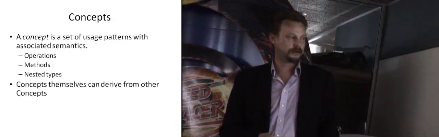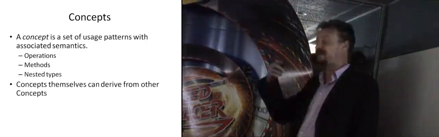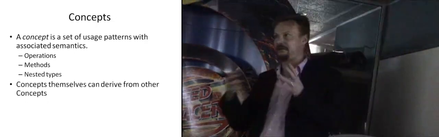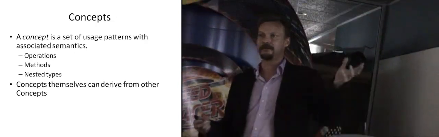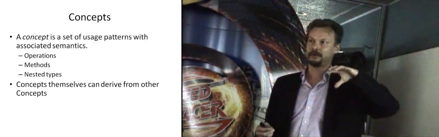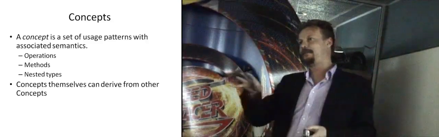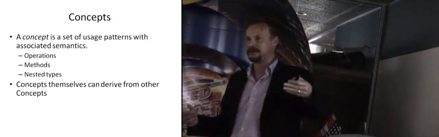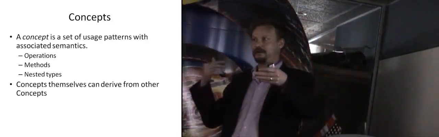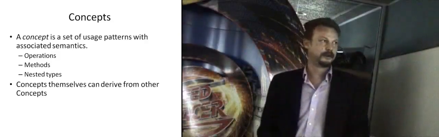Operations, methods, nested types. Now, this is where it can get confusing, but bear with me. Concepts themselves form a conceptual hierarchy. You've got an ontological framework of concepts, where you've got root concepts, and then you can have another concept which is what's called a refinement of a parent concept. So we're familiar with C++ object-oriented structure. You've got a base class and a derived class, which inherits functionality and member variables from the parent class, that extends it or changes default behavior. That's C++ standard, right?